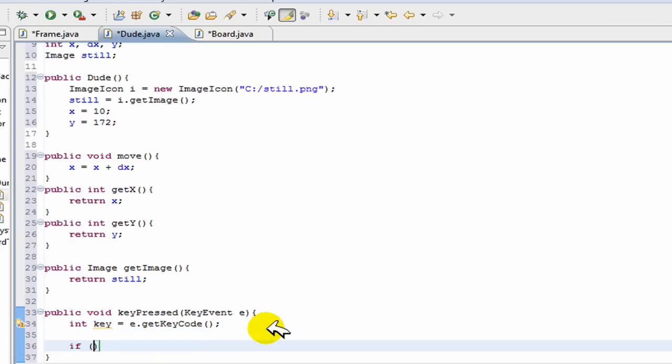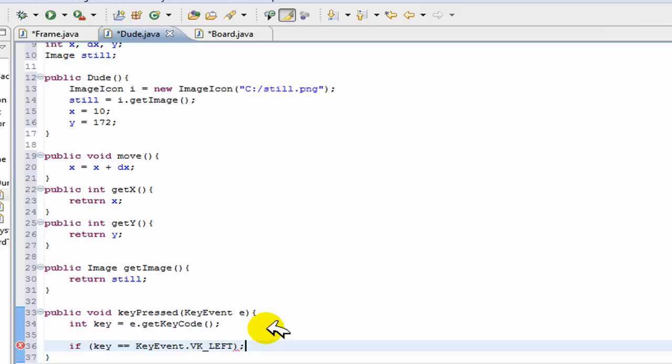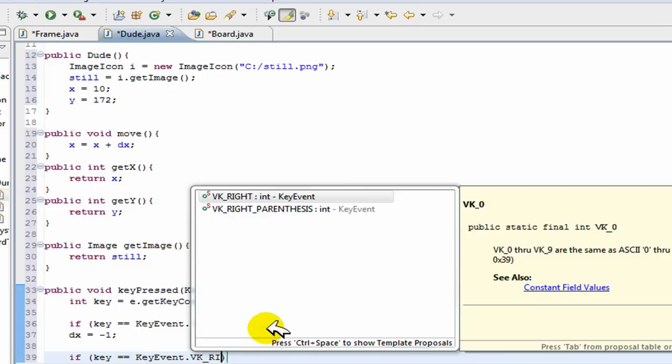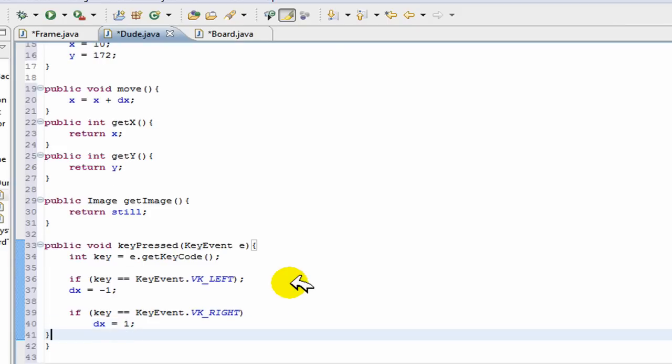And now you can compare this by going if key is KeyEvent.VK_LEFT. As you can see, it'll give you a list of all the keys, and if this is true, then dx is -1. Otherwise, if key is KeyEvent.VK_RIGHT, then dx is 1. So if you press the right key, then you're moving to the right, and if you press the left key, you're